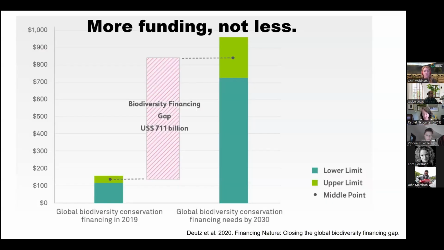Even bigger picture, I was thinking about this a lot. I got to go to the COP in Colombia, the biodiversity COP. And there was this number that kept getting thrown around, how much money we need to actually achieve biodiversity conservation goals globally. Something like $700 billion a year. The amount that's actually invested is between 100 and 124 billion a year. So there's a massive gap. So it's almost like saying, hey, this conservation stuff doesn't work, it's not effective, therefore, let's defund it. That's the wrong message, right?